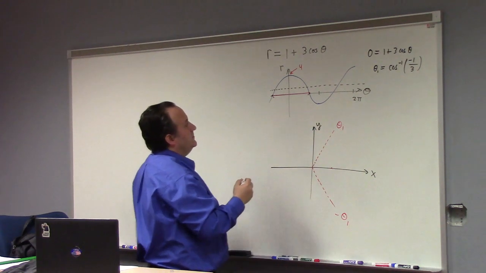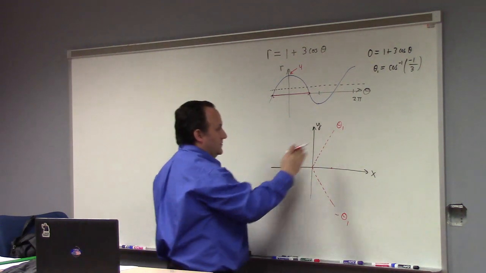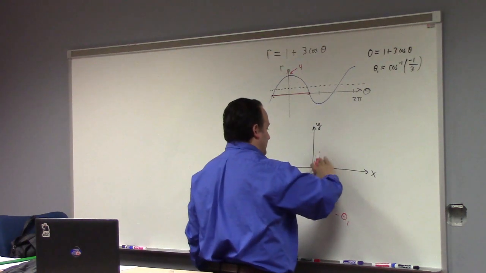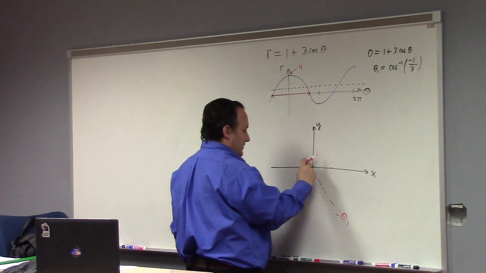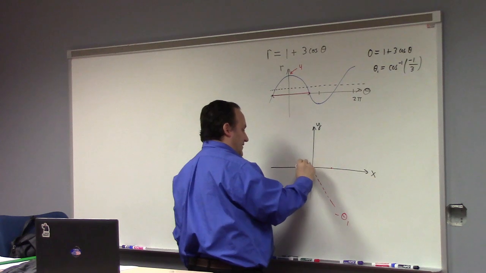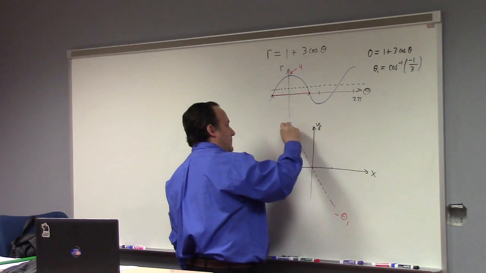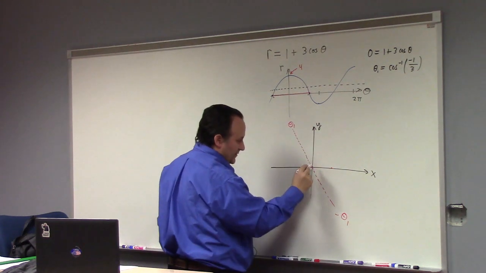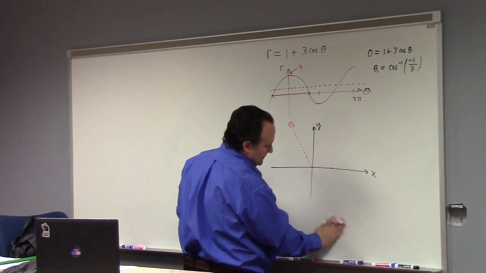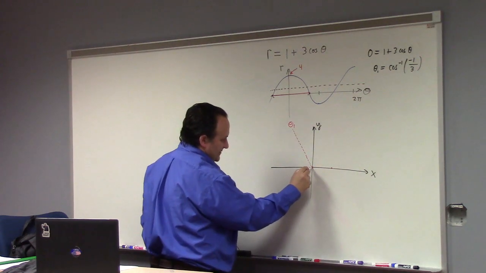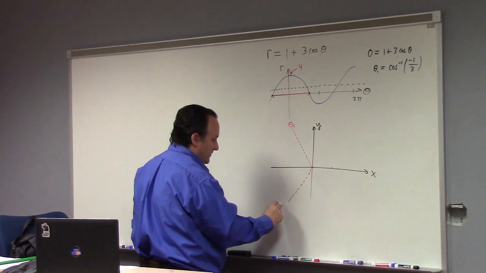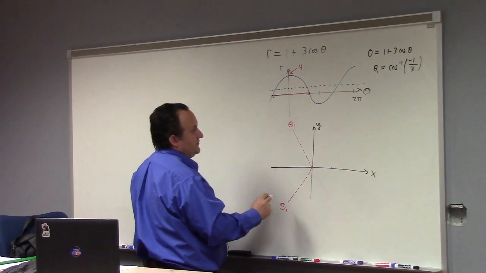Theta 1's past pi over 2? Oh, yes, thank you. My bad. Duh. I should see that. Good grief. This is what comes from trying to shortcut. Thank you, Sam. That's helpful. Now, if that's the case, this one's also past minus pi over 2. Then, of course, there's that symmetry, right? All right, so